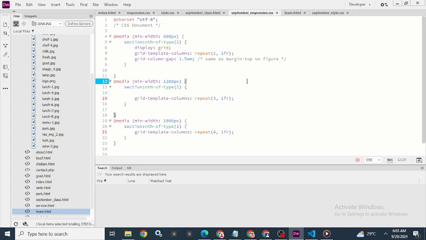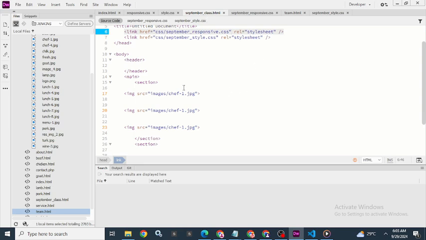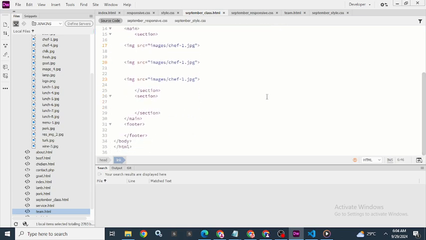Is that clear? So I think that will be the end of the class, and this is a very good example to start with. So I will be very happy if you're able to also do something. In the next class, what we will be doing is increasing this one. That means if I want to do another thing, I can come again and put another section. For example, now,